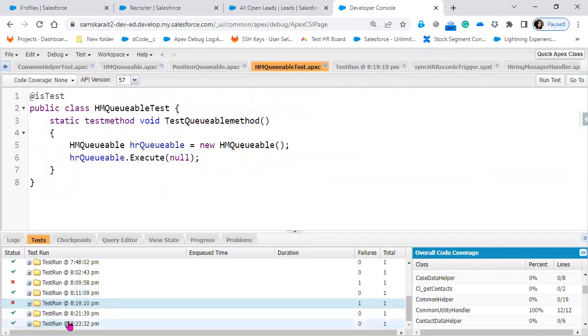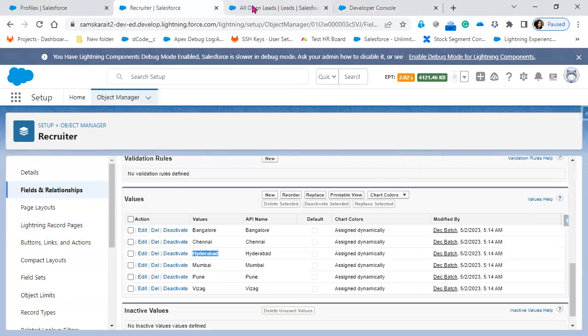It is successful. So whenever the pick list values are not matching, it will say bad value. So now if we go back to the Apex classes, now